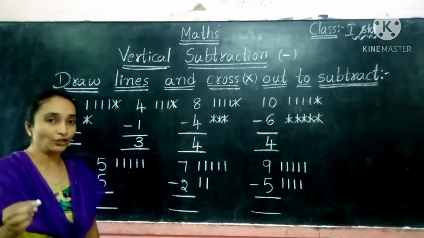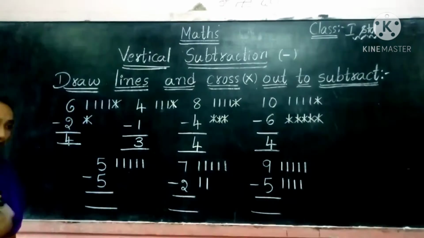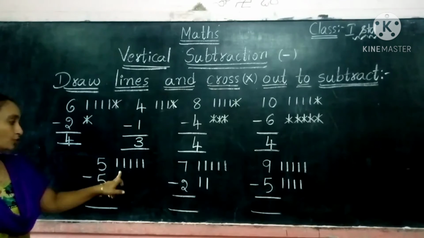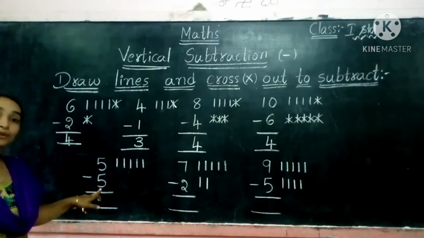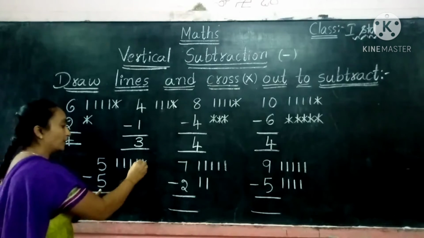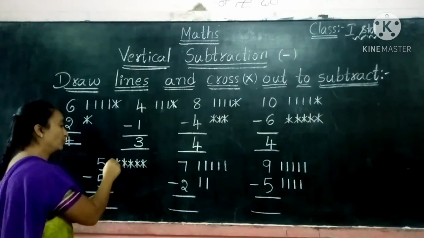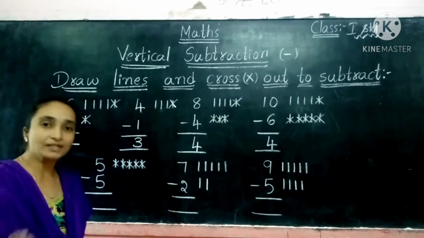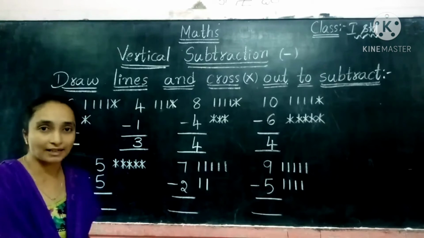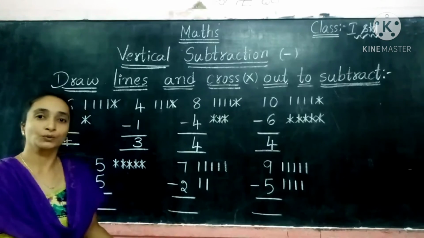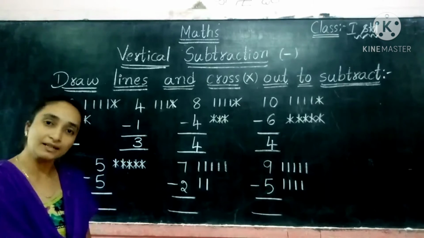So I hope all of you understood, children. It's very easy. So next, the remaining 3 more we can do. Here I have drawn 5. The first number is 5. So 5 lines are there. The second number also is 5. Okay, children? So how many lines do we have to cross out? All the 5 lines. 1, 2, 3, 4, 5. Now how many are left there? Nothing. So 0. Nothing means 0. No lines are there. All the 5 lines we crossed out. Now how many are there? 0. Nothing means we have to take it as 0.